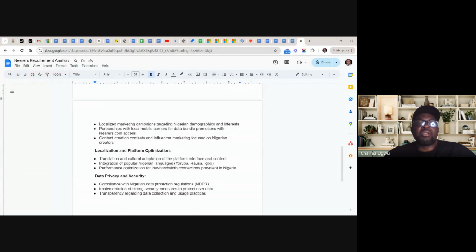Then we have localization and platform optimization. We have translation and cultural adaptation of the platform interface and content, integration of popular Nigerian languages like Yoruba, Hausa, Igbo, and performance optimization for low bandwidth connections